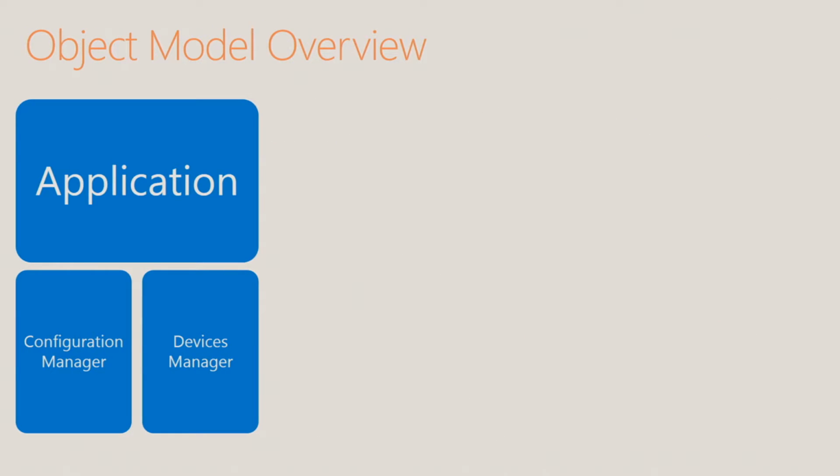A little bit more detail on what the object model looks like. If you've worked with the Web SDK, you'll find these things very similar. We start out with the application object. It provides access to the configuration manager, which lets you control things like the maximum number of video streams that you want to subscribe to. The application endpoint also gives you the device manager, which lets you control the camera, the mic, and all of these things. Once you've seeded the application with the meeting URL, you can call join conference on the application instance,